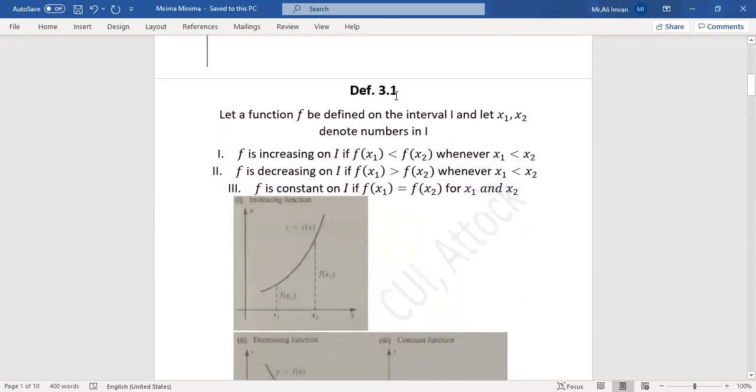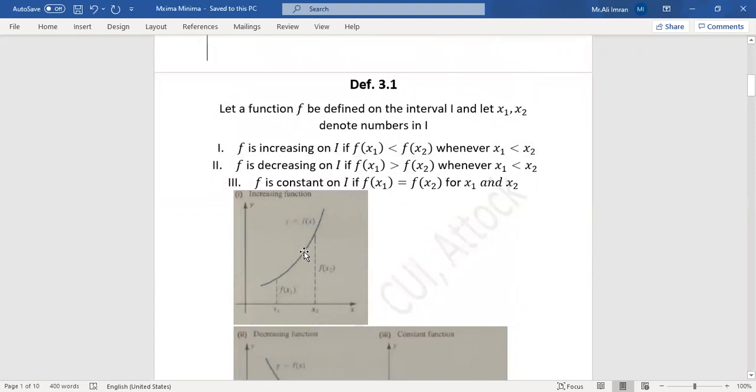This is definition 3.1. Let a function f be defined on an interval I, and x1, x2 denote numbers in that interval I. F is said to be increasing on I if f of x1 is less than f of x2 whenever x1 is less than x2. I will explain this with the help of a graph. Consider the first graph. This is the graph of function f of x. At x1,